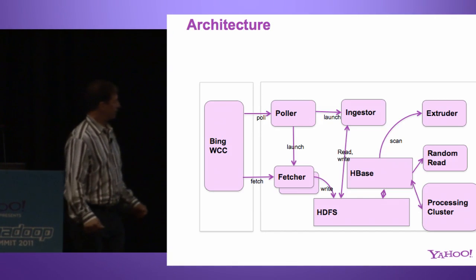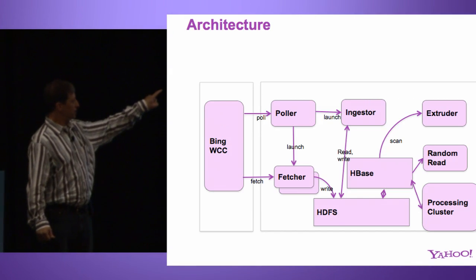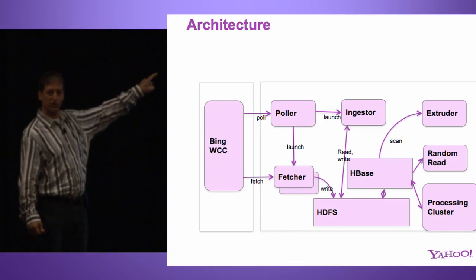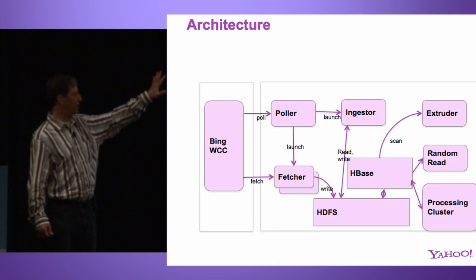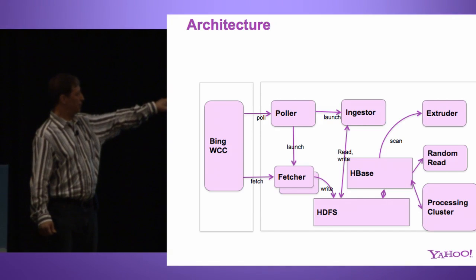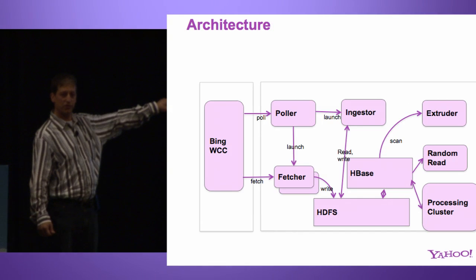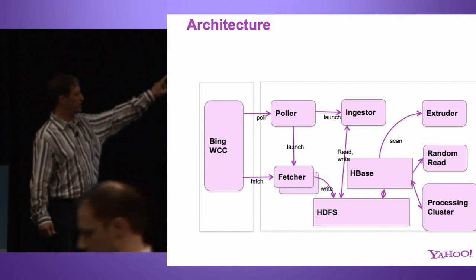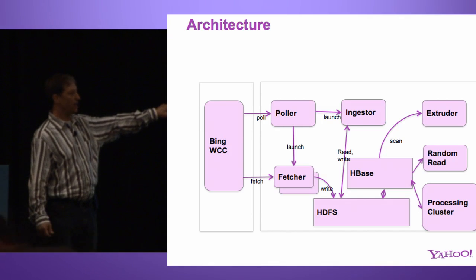A little bit lower level, so we have Bing on one side. On our side, we have this setup. I'm starting from the top left. We have the poller, which schedules things around, and it checks to see if there's any new data set to get. If there is, it launches the fetchers, which go out and get the data. Then it launches an ingester, which reads the data and writes it back in a form that's easily consumable by